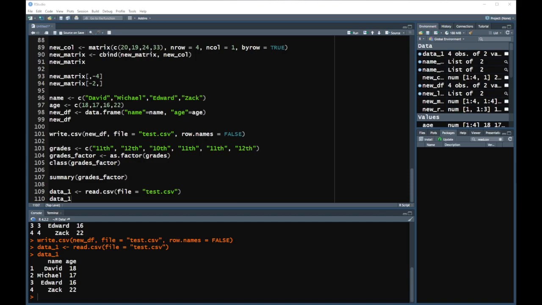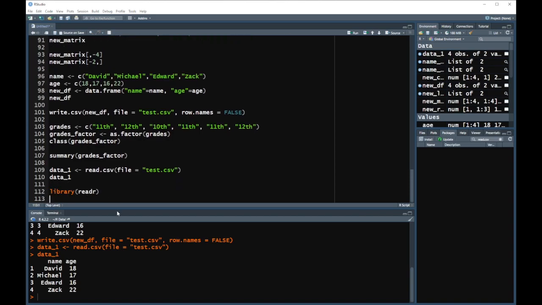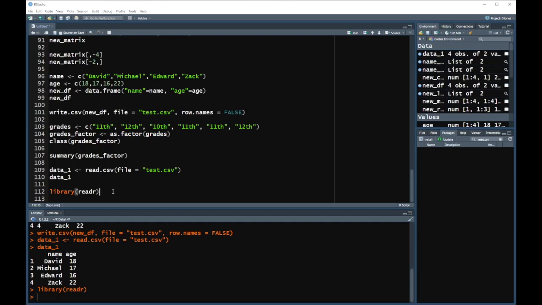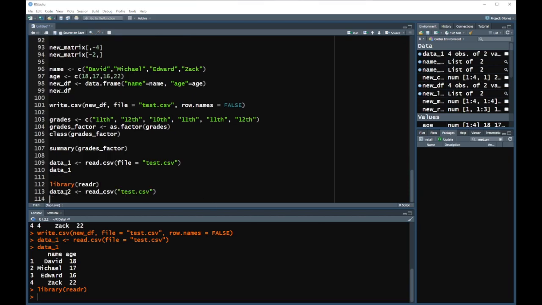So we need to first load the package readr. We do that with the library command, and let's see, we can do data2 and read underline csv. We do the same file again,